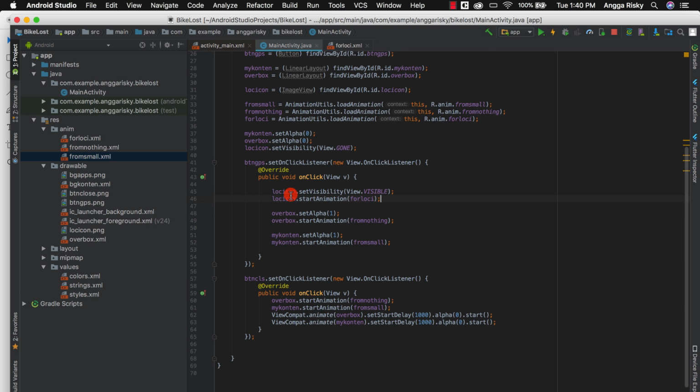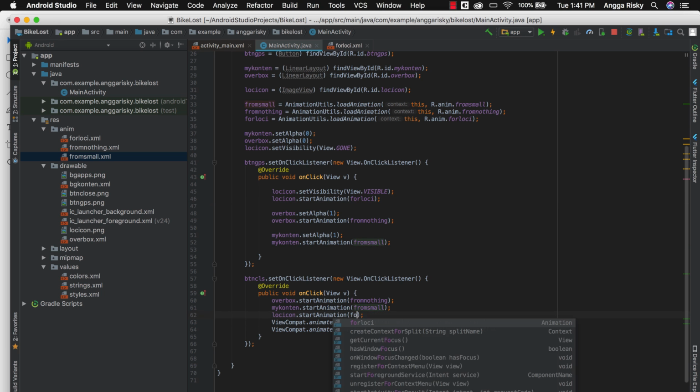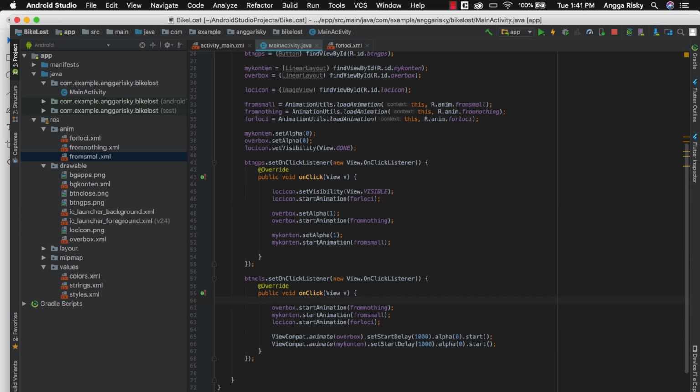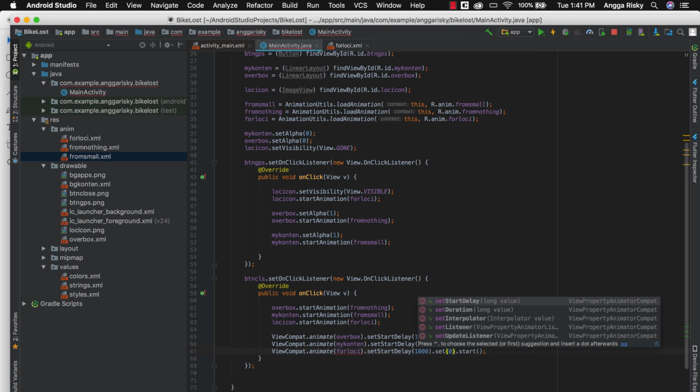Yeah, I'm going to actually just reverse. So we have to set this for Logicon. Okay, whatever will be. Okay, and then this is for the Logi. This is set visibility.